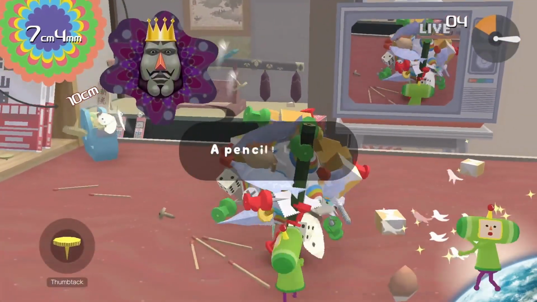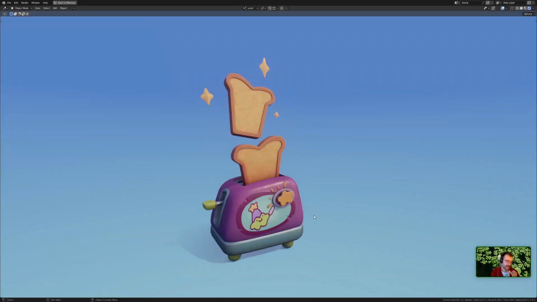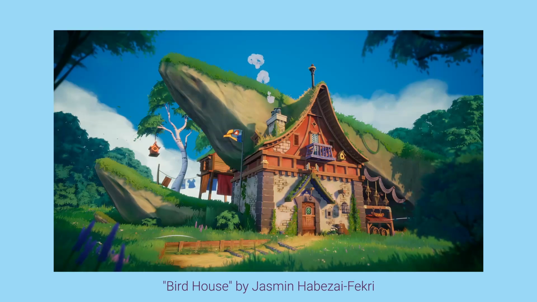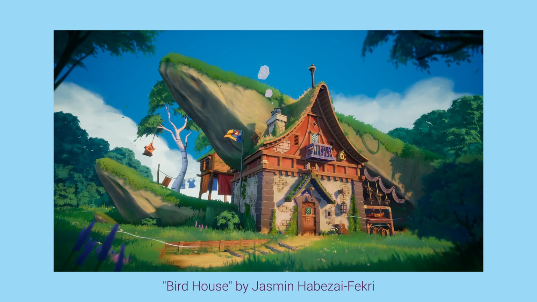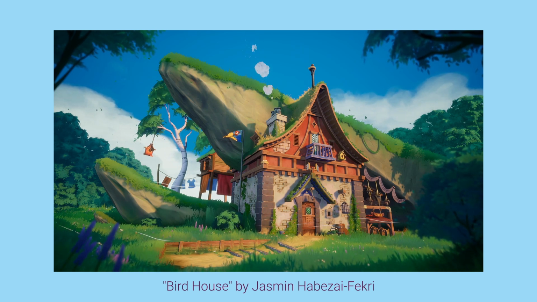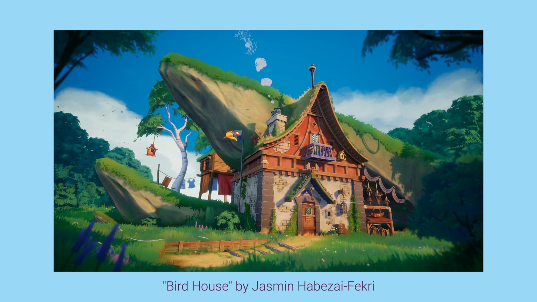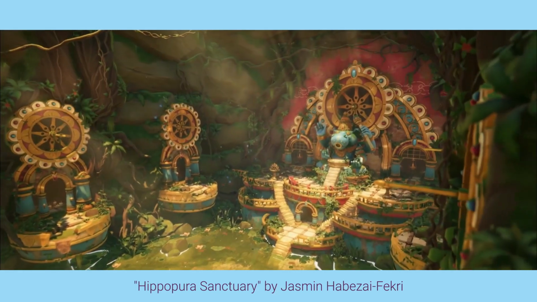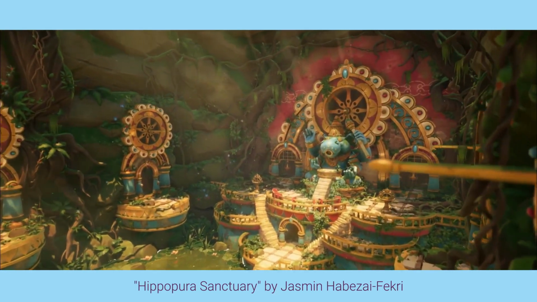Nice, very good pick. What is your real life inspiration and who are your favorite artists that you're inspired by? Maybe your one or two favorite artists. Maybe game artists, can also be painters, can be anyone. So for 3D artists it's definitely Jasmine Habizai. Yeah, because she's the queen. She's super cool. She's a really nice person. I never met her in real life actually, but she could be in Cologne. But anyways, her art was really inspirational for me, and